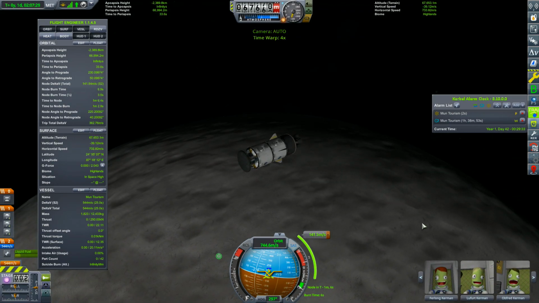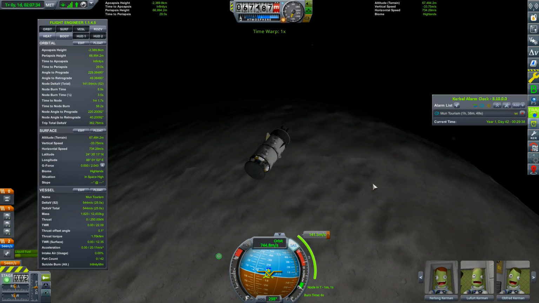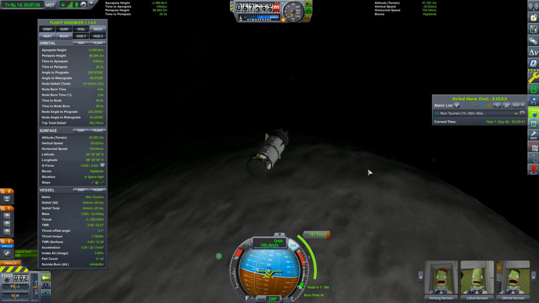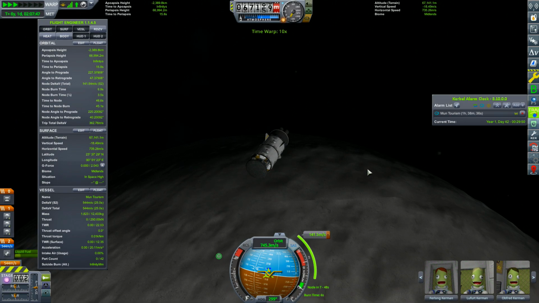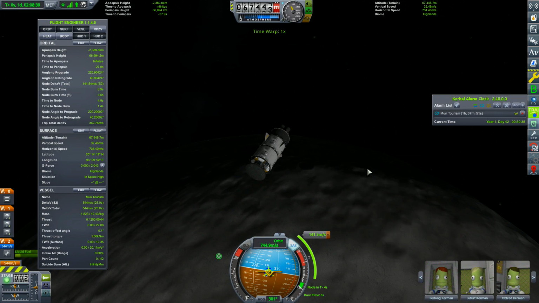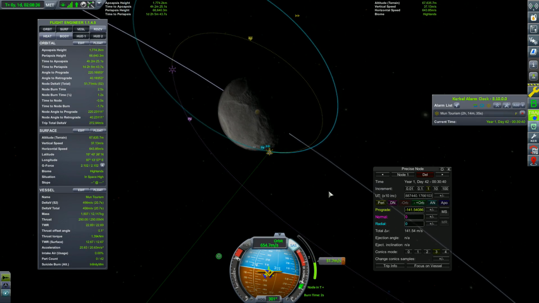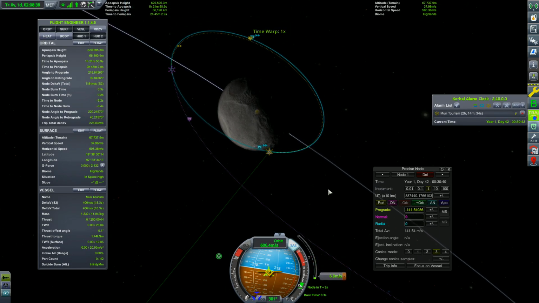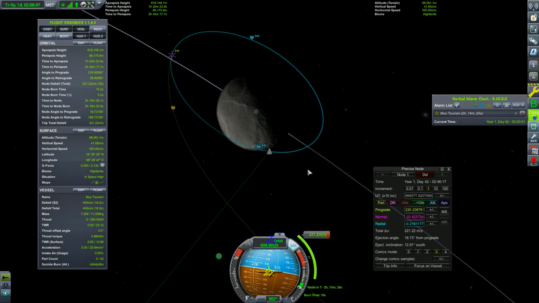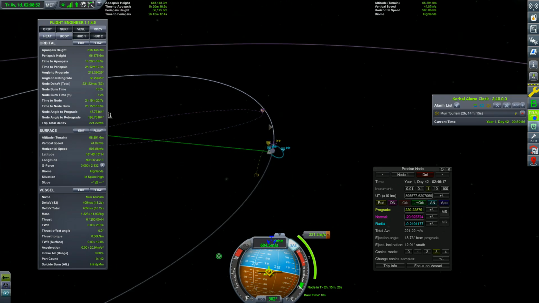We are next to the moon. Close. Now it worked. Okay. We've got 400 meters per second left. We've got 200 to burn to get out of here and get down to...